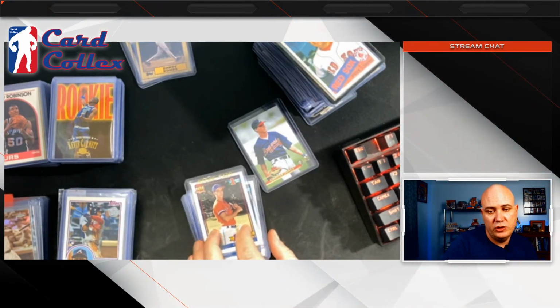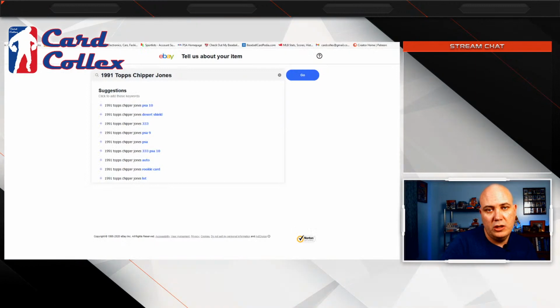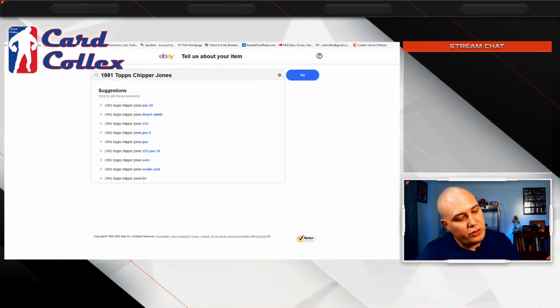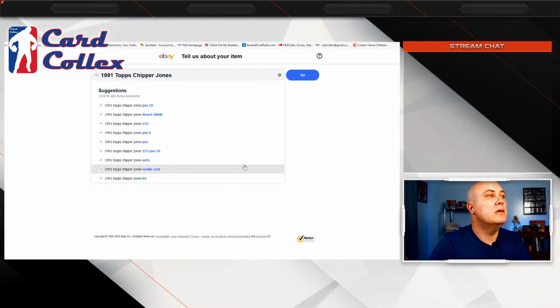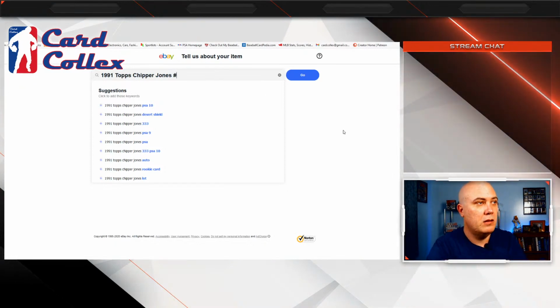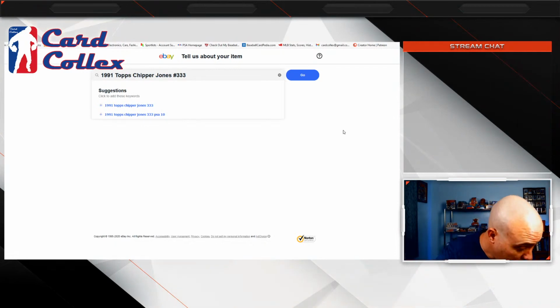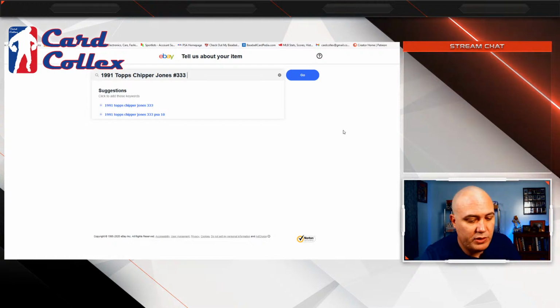Start listing this Chipper Jones. Chipper Jones, 1991 Topps Chipper Jones, number 333. Let's see here. 333. And these are all like, I would just put these near mint.